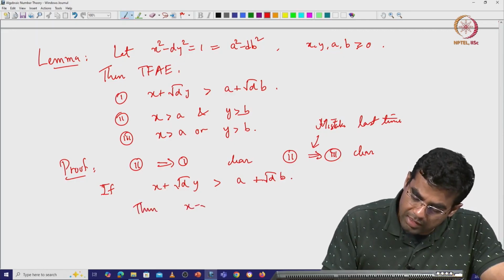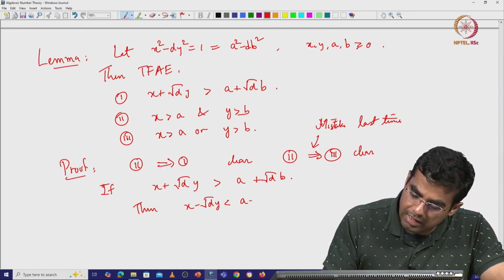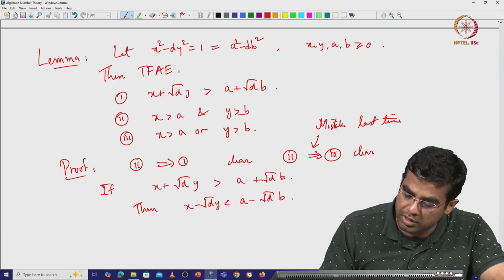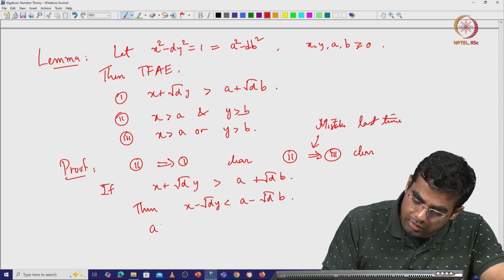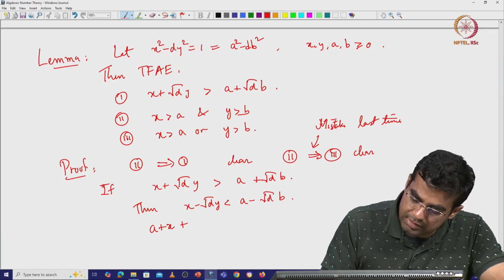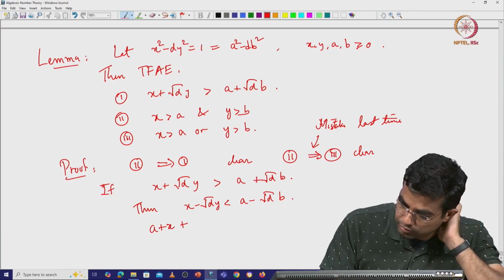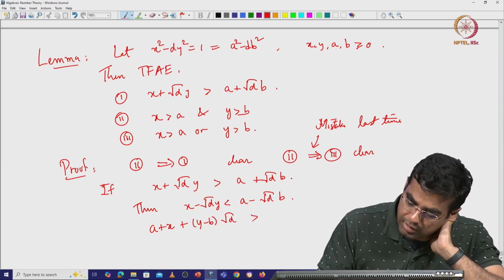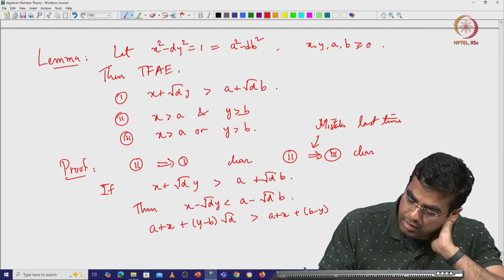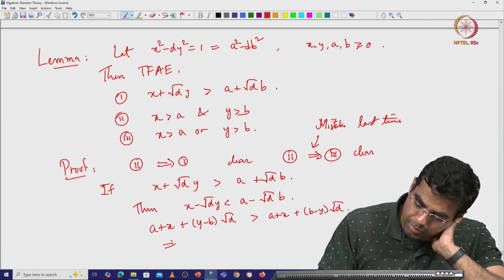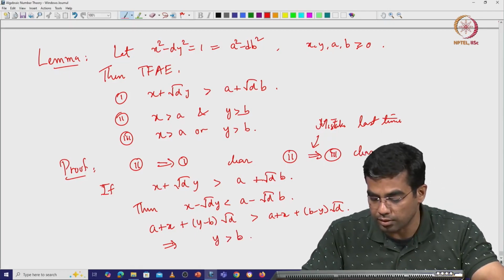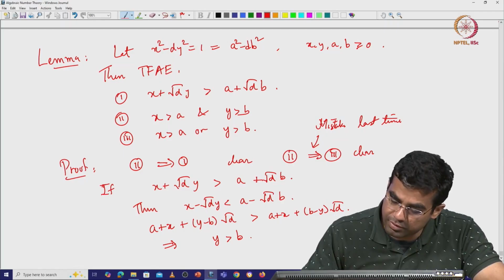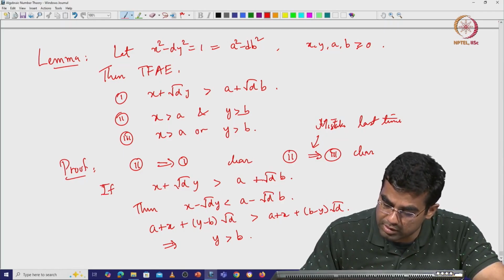Then x minus square root of d y is less than a minus square root of d times b, and if you add these two inequalities you get that y is bigger than b. And as I said, if you subtract these two inequalities,